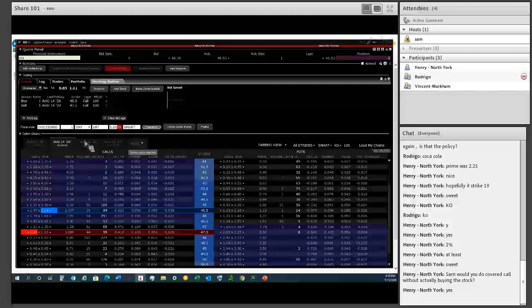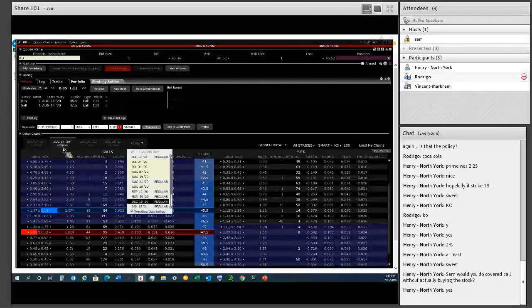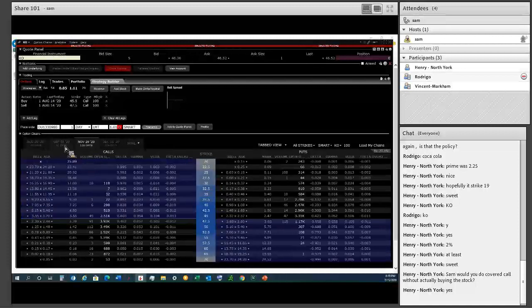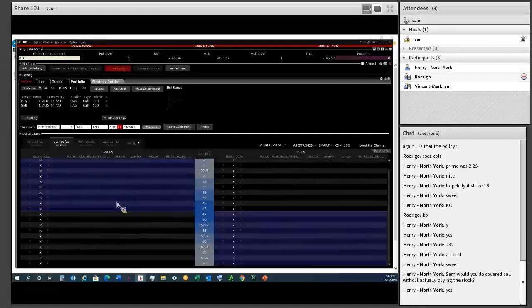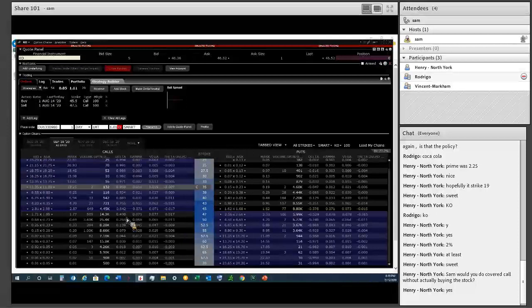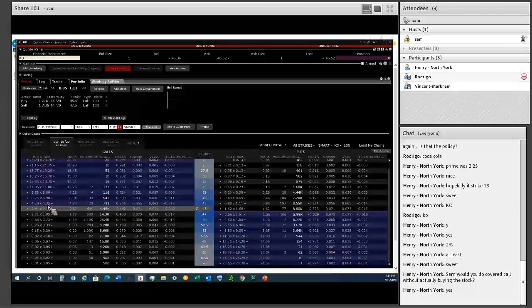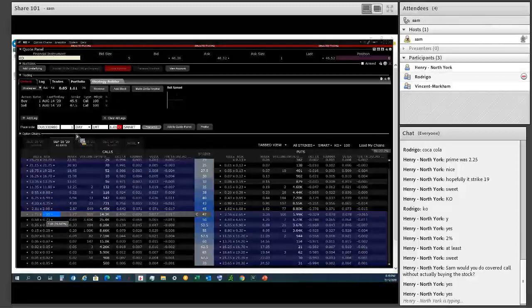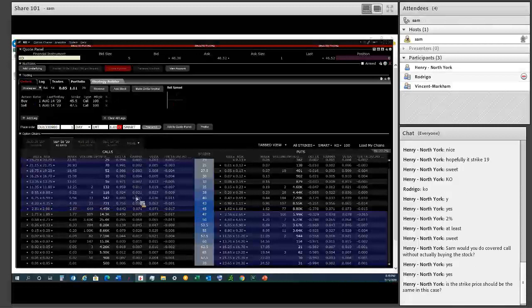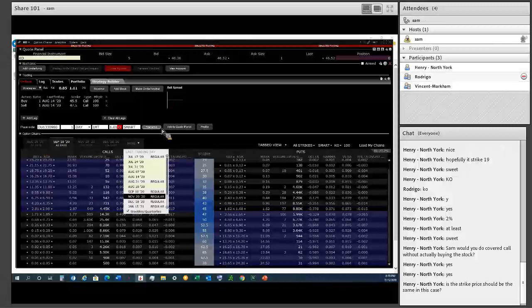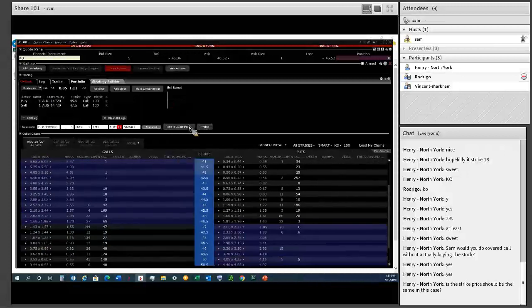Or if you wanted, you could even go further. We could go 60 days, 65 days out, and get the 60 delta there. So the 60 delta closest to 60, which is this, we'd pay $2.98. What this allows us to do is it gives us a couple months instead of 1 month. You see what I mean, Henry? So instead of just 1 month. Any questions about that, anybody? Everybody understand what we just did there?